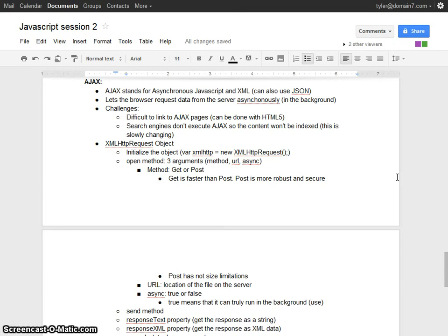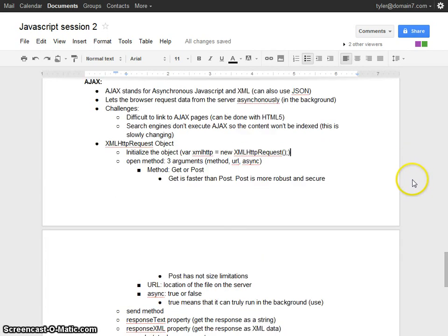So if your content is only getting added through AJAX, then it won't necessarily get indexed. Now I have heard that Google is starting to actually execute pages as they are crawling them. I don't know how true that is or how much they are doing that, but this may be slowly starting to change.